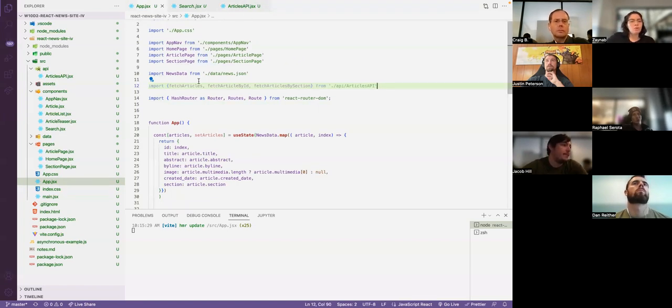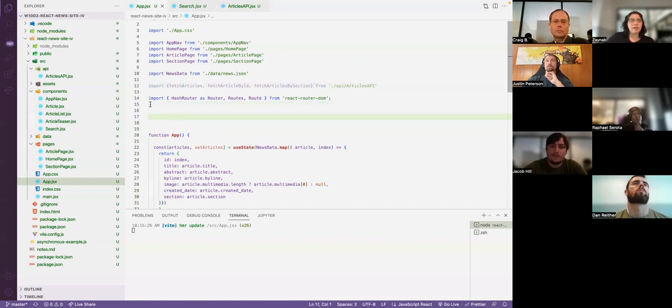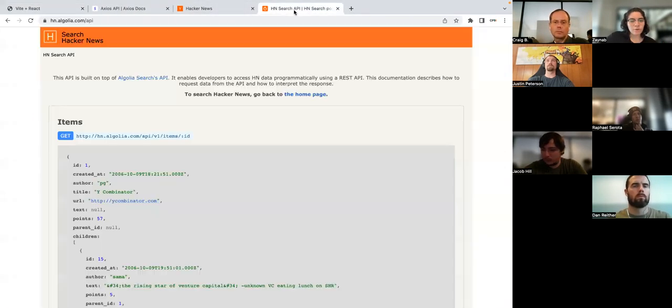Okay, so for this, we're going to be able to see our async await call, which is what we're going to be using for this. So let's create a function. Actually, I'm going to send over the Hacker News API documentation link. I just put it in the chat here. So if you want to go to that,